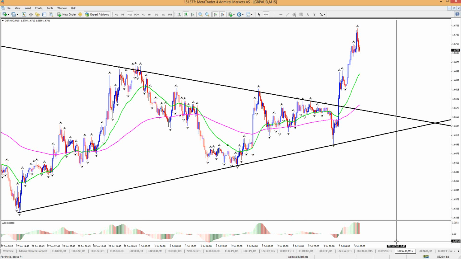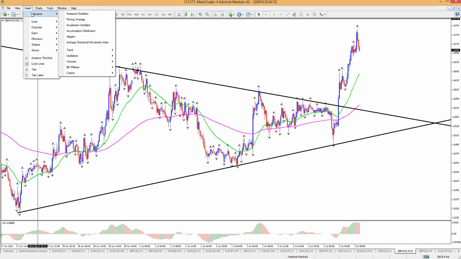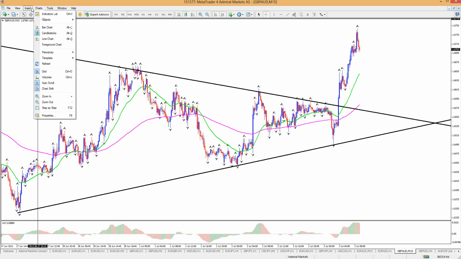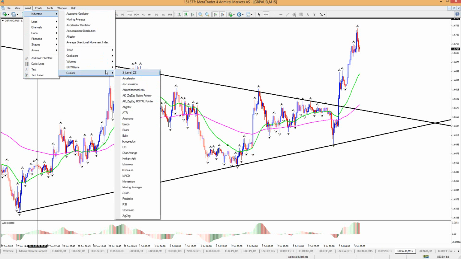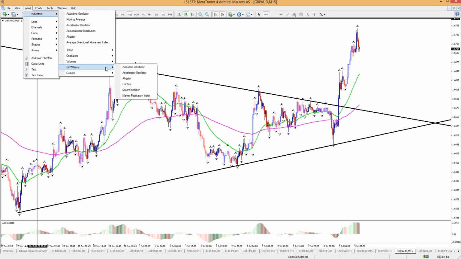So let's see, one more question here. The AO from Brian and Adrian, that's the awesome oscillator. You just go to Insert, Indicators, Awesome Oscillator, right? Or Bill Williams, Awesome Oscillator. Bill Williams has great indicators just in general. There you'll find the fractals and Awesome Oscillator. Yes, my preference is AO over MACD indeed. And why? Because I use it for any wave readings and where to place the fibs.